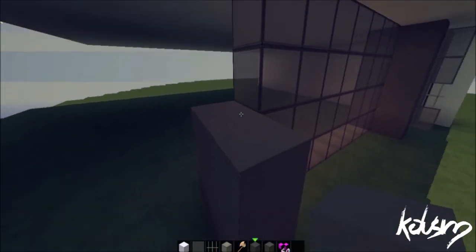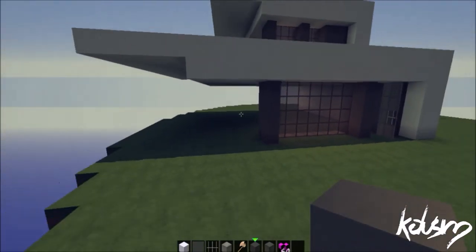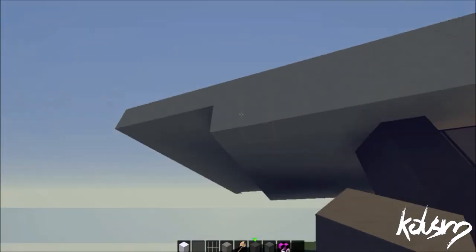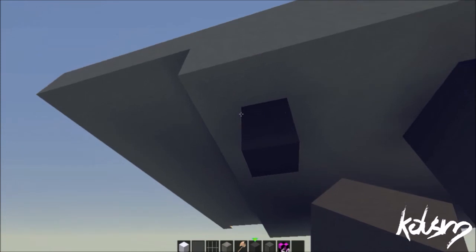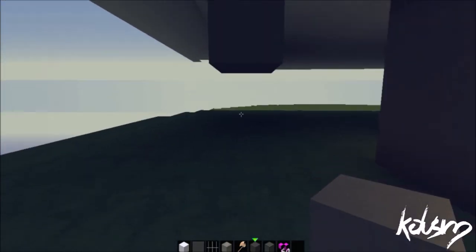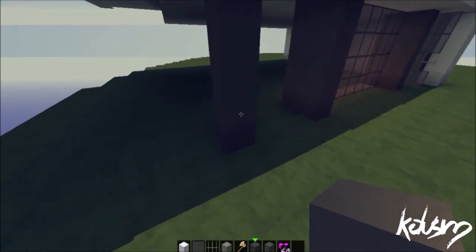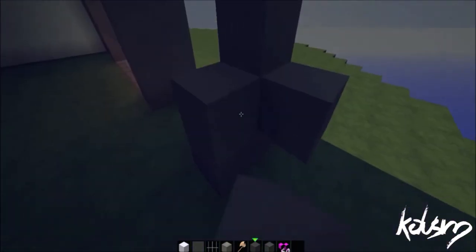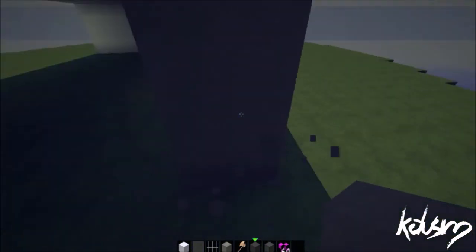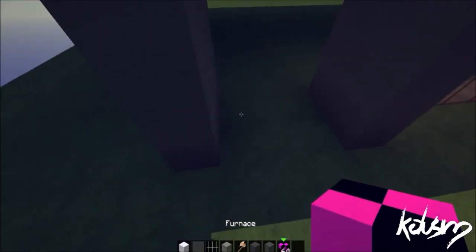So now we want to make another little grey stained pillar. We're going to do that here, just like so. And we're going to come again 1 away from the edge here, 1 away from the edge there. We're going to build a pillar just going straight down. Just like that. I'm going to make it 2 in width as we always do. And then we want to put our glass in here,